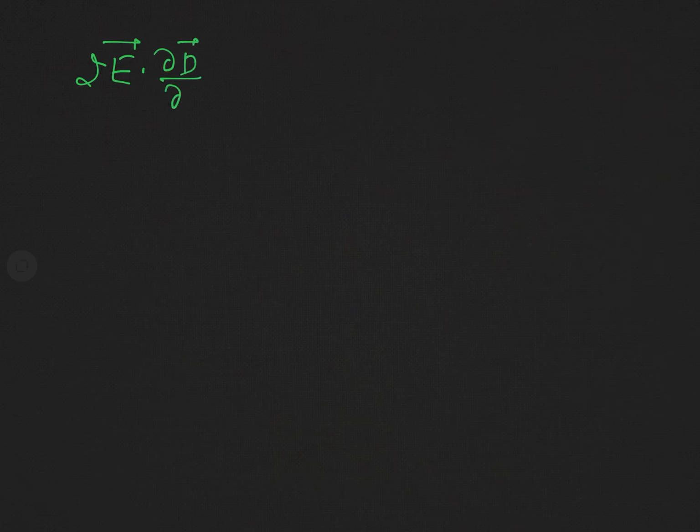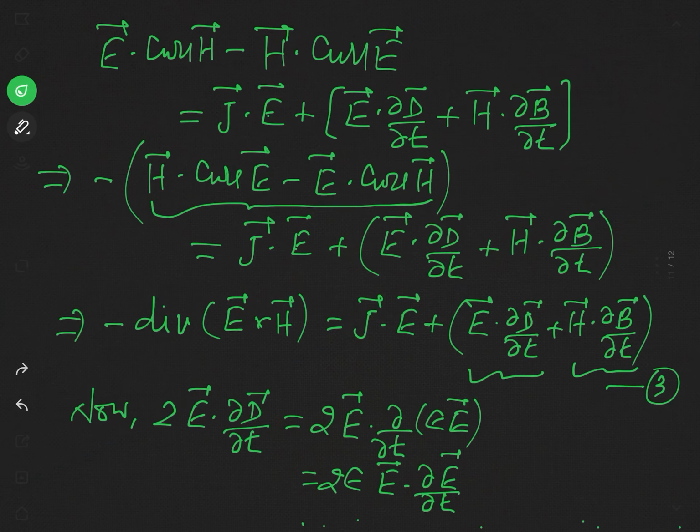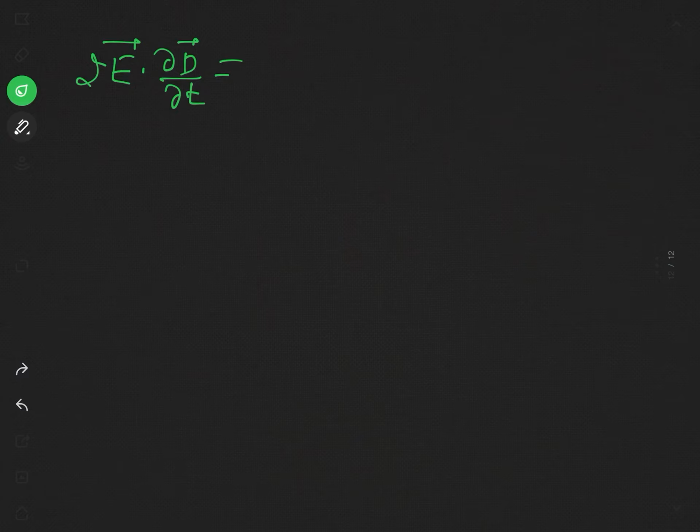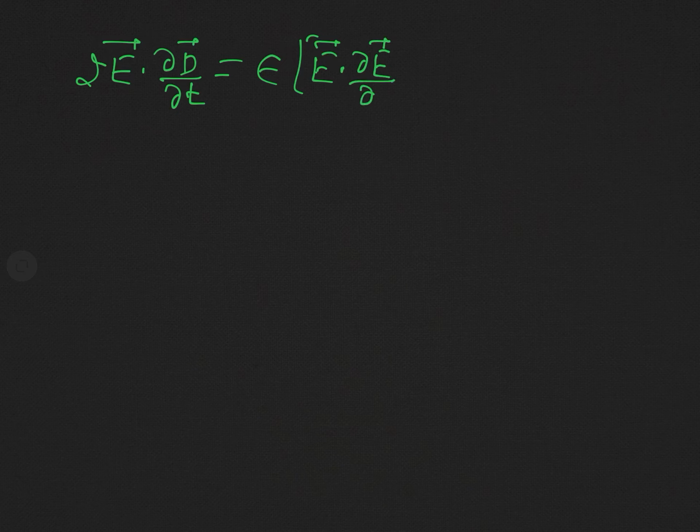That was 2 E dot del D by del T. And this is in fact equal to, see this equation, 2 epsilon E dot del E by del T. And this expression can be written in this way, epsilon [E dot del E by del T